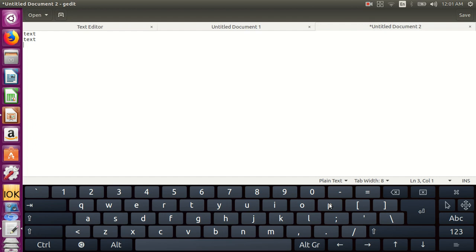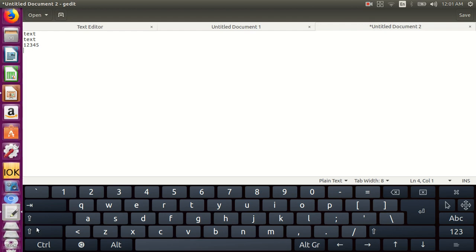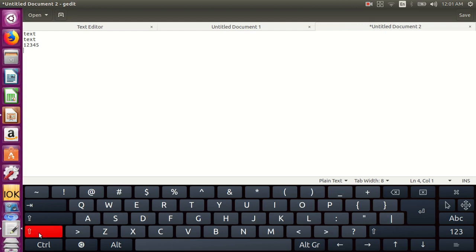When these keys are pressed, by default, the characters that are marked on the center of the key will be typed. In order to type the characters that are marked on the top left corner of the key, press the Shift key. By holding the Shift key and then typing these keys, the characters that are marked on the top left corner of the key can be typed.